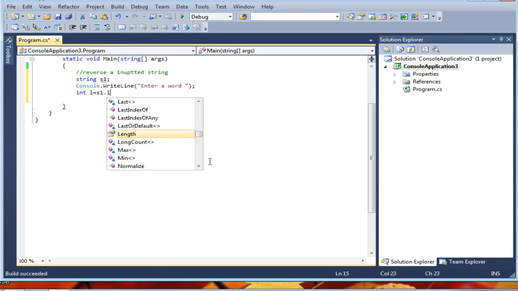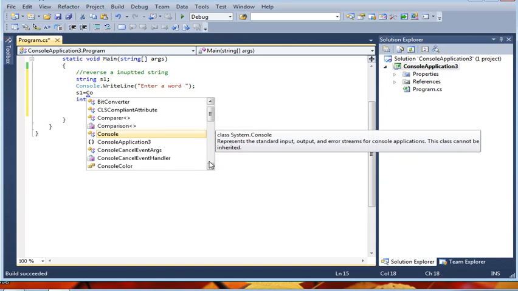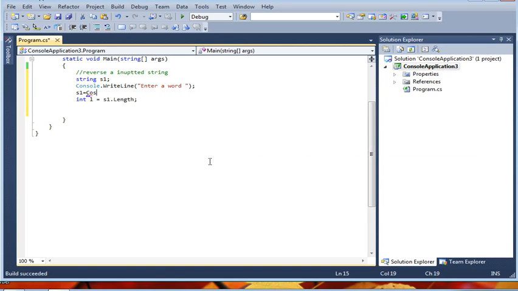S1.Length, the method we came to know previously, will find the length of S1 and store it in the variable L. Now I forgot to give S1 equal to Console.ReadLine, that is, the data will be read and stored in the variable S1, then the length will